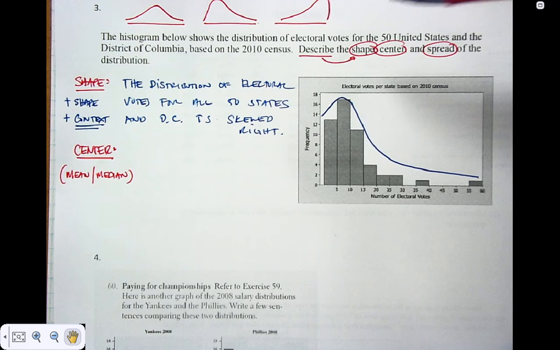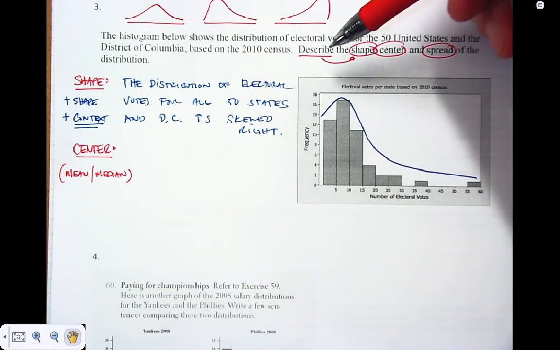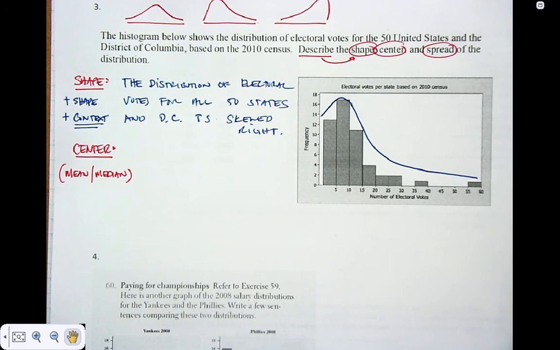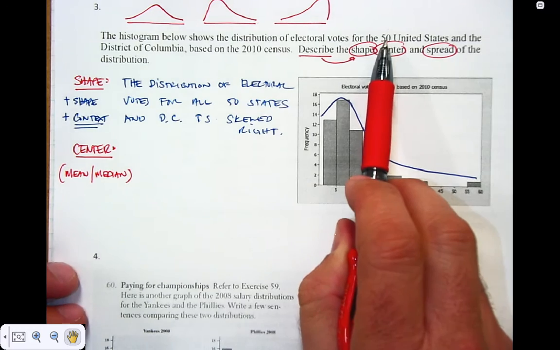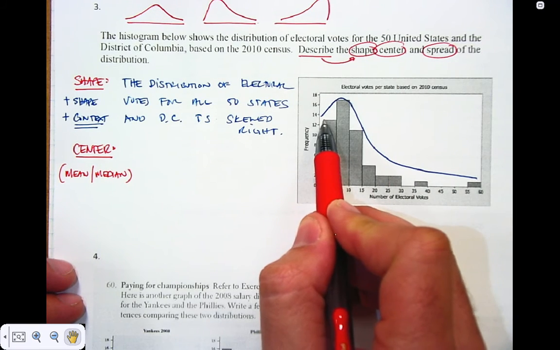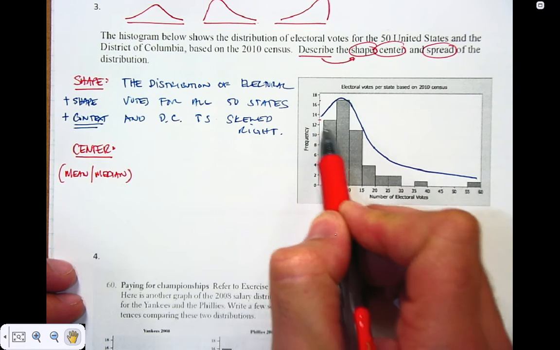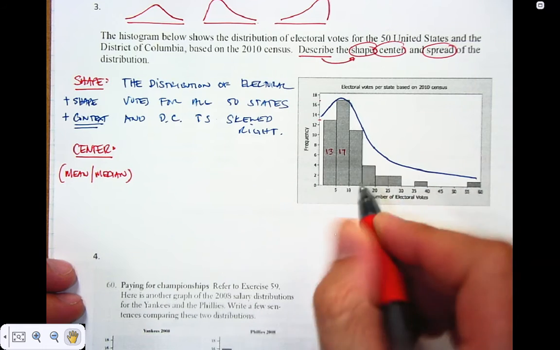Okay, so again, if there are 50 United States and the District of Columbia, this is a distribution of all of those number of electoral votes. One way to find the median would be to go to 25. Well, this is at like 13 right here, and this up here looks like it's at 17. And so if you add 13 in this one and 17 in this one,